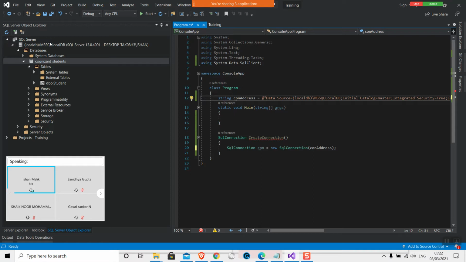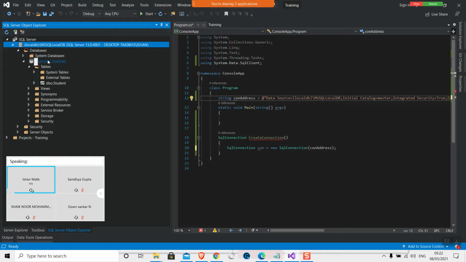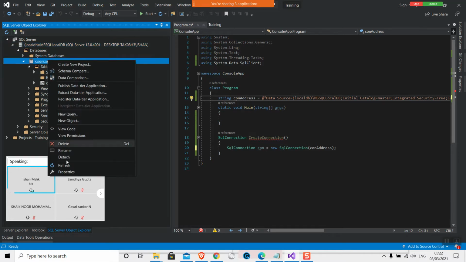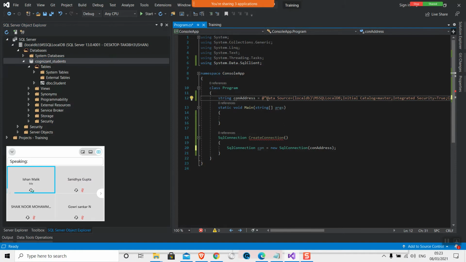If you get a connection string of your server, then it will connect to the master database or the first database created by the system. But for manually created databases, you need to get the connection string of that database only.